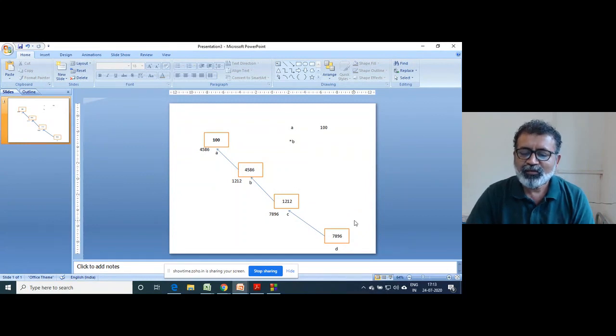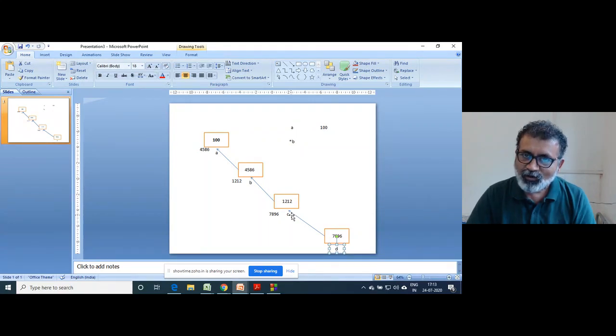So how can we read that d is a pointer which contains an address of a pointer which contains an address of an integer pointer. So that is how it is read. d is a variable which contains an address of a variable which contains an address of an integer pointer.